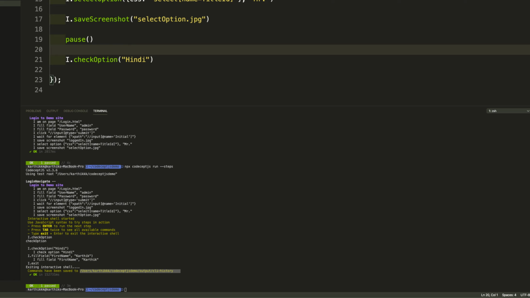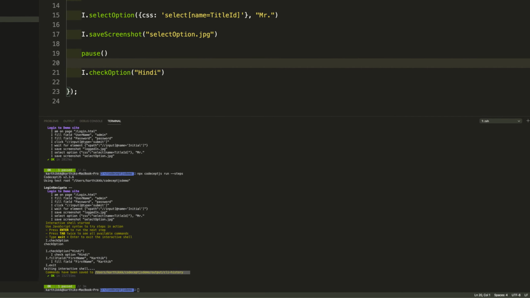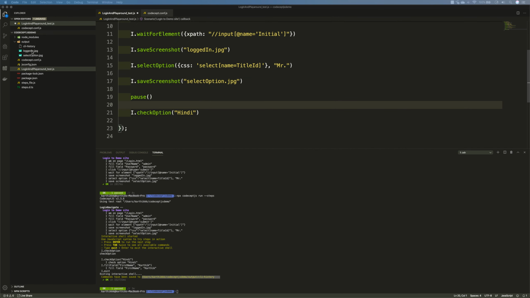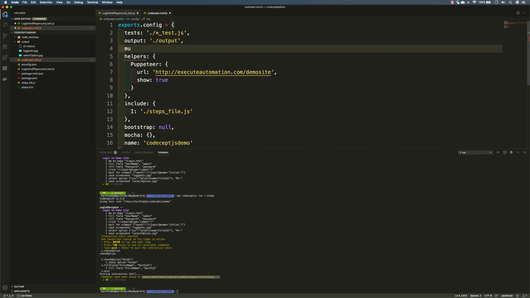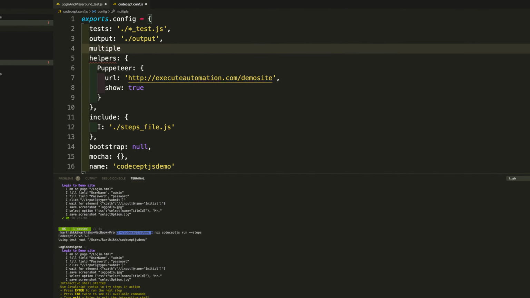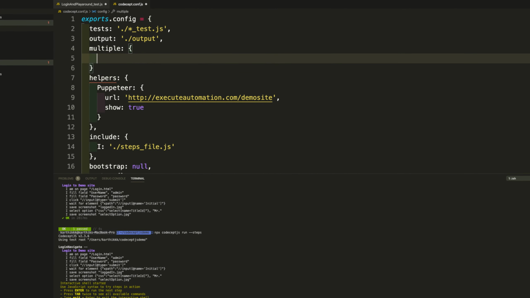So in order to enable execution within multiple browsers in CodeceptJS, all you're going to do is change the configuration of CodeceptJS a little bit. As you can see, this particular export.config is the one place responsible for doing all those magical operations for us. And now if I want to run in multiple browsers, I can just specify multiple,